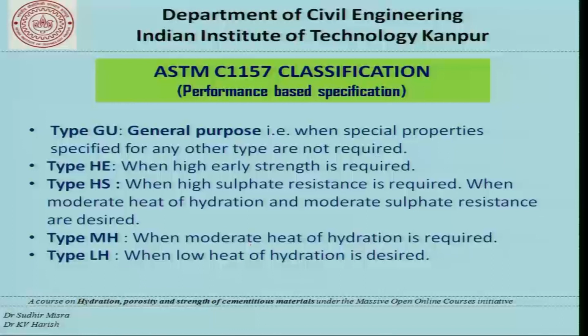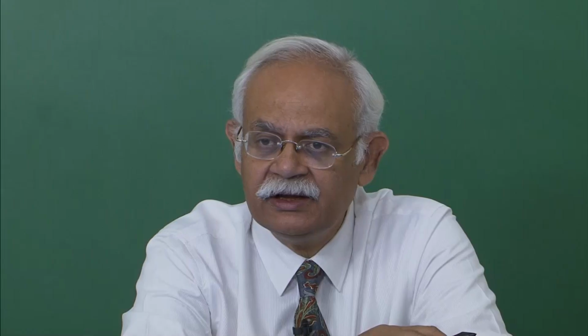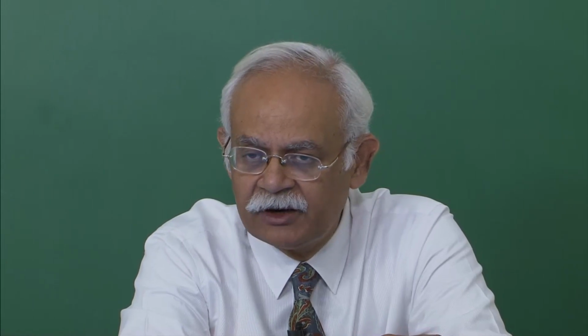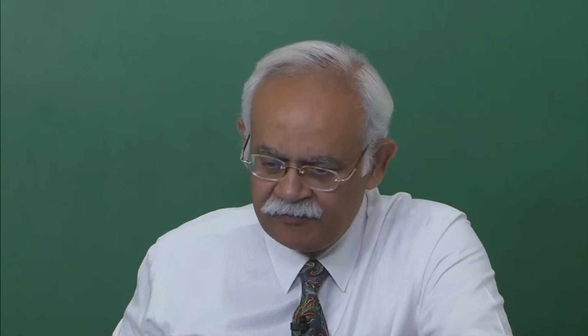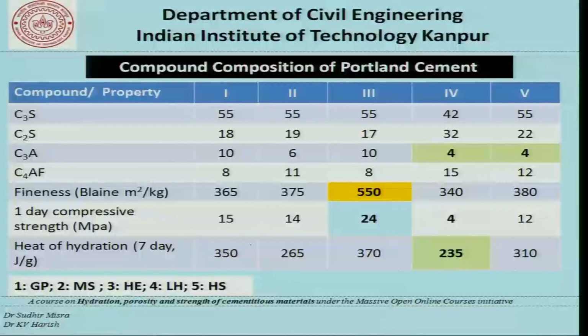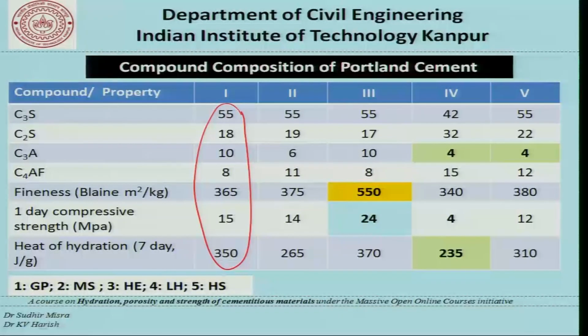So now, what are the properties of cement that need to be borne in mind when we are trying to classify the cements? If we look at this table here, for example, there is a compound composition and the physical properties of cement for the different types. So type 1, 2, 3, 4 and 5. If we look at this table, we use type 1 cement, which is the general purpose cement, as a